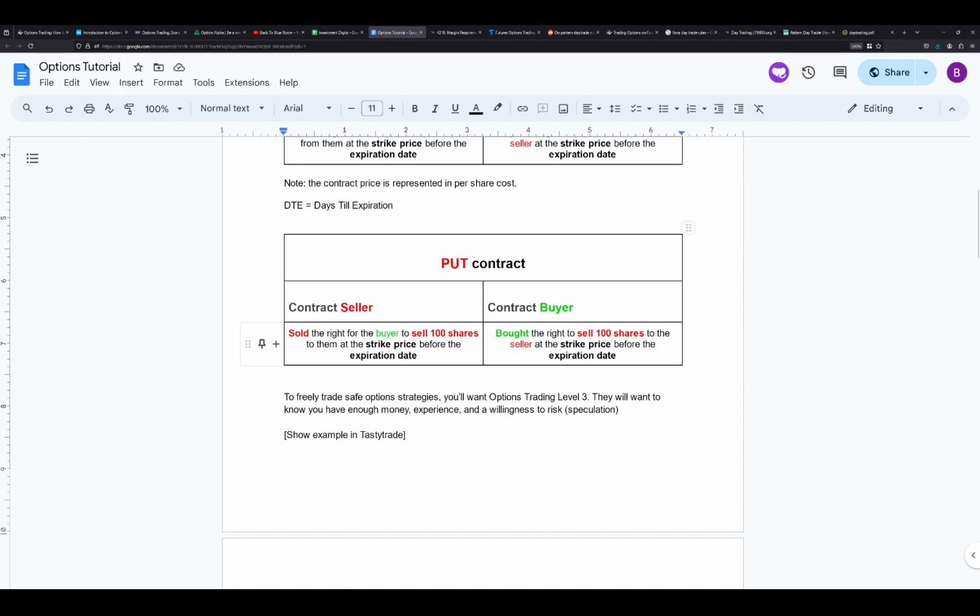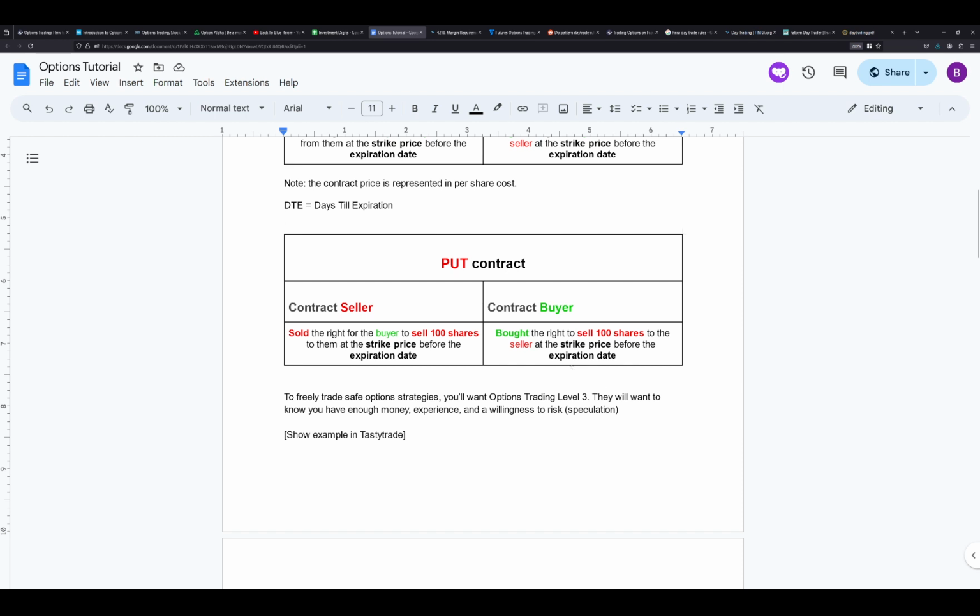So we're agreeing to a strike price at which the seller will buy the 100 shares from the buyer, who has bought the right to sell. Just try not to get too caught up in the dyslexic errors along the way here, but it can get a little confusing, I know. That's why I've also got this color coded. So the buyer bought the right to sell 100 shares to the seller at that given strike price before the